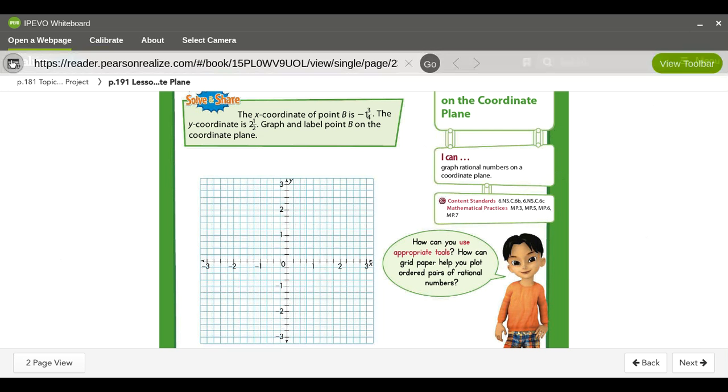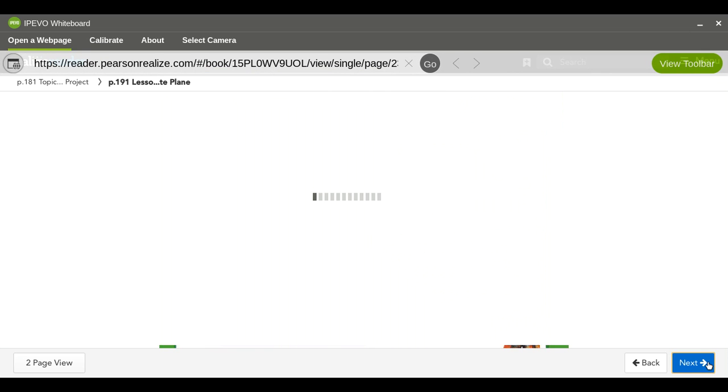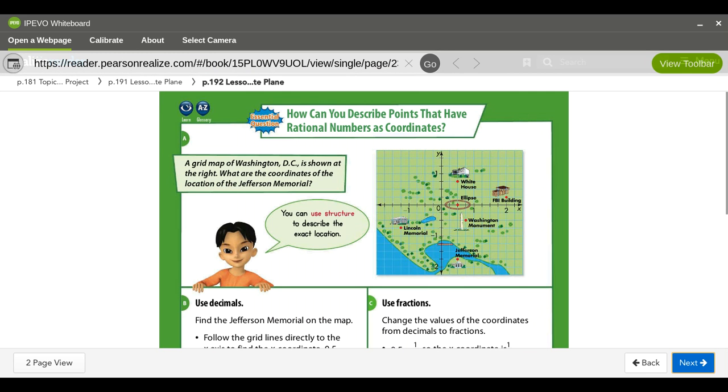Okay, so let's go ahead and take a look at our next page. So we're going to be looking at describing points that have rational numbers as coordinates. That's our focus for today. And so if we take a look at our map, we're going to describe this by either using fractions or by using decimals. So it's really going to be a personal preference